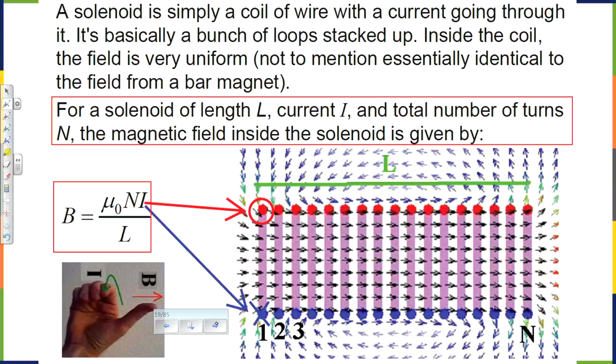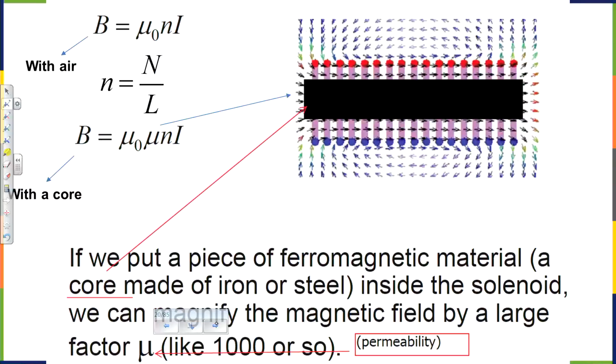So, this is the equation which tells us how to calculate magnetic field strength without a core inserted. So we just need to know the number of loops, the length of the solenoid, electric current. If we're adding a core, in that case, we need to multiply by a factor of, well, wherever it is. For iron, it's about 1,000. Permeability depends on the material. You just Google, and it's similar to a dielectric constant.